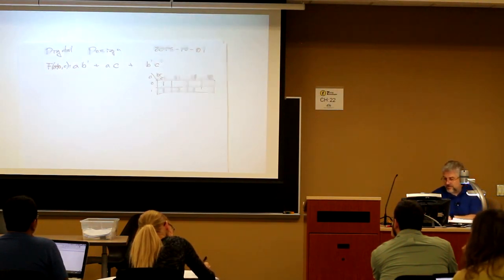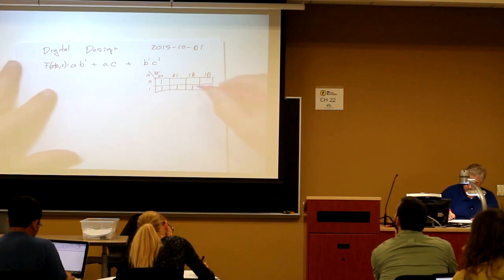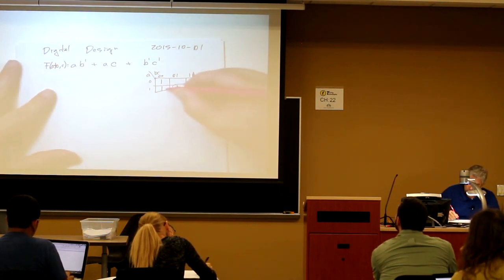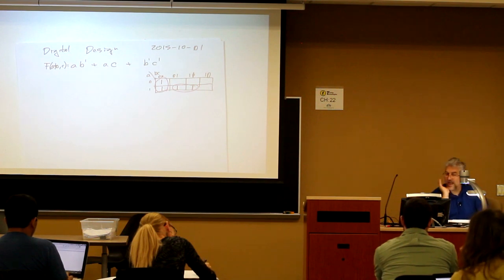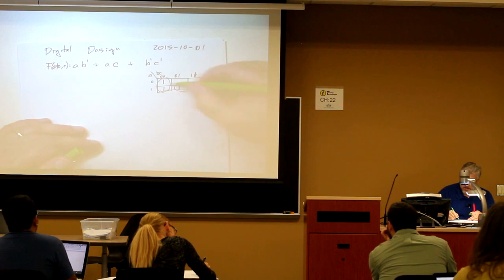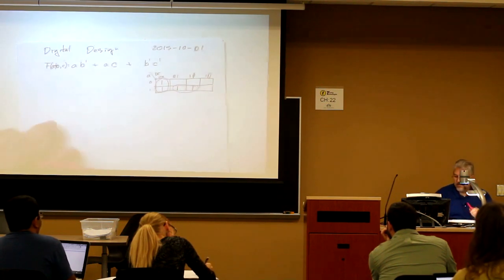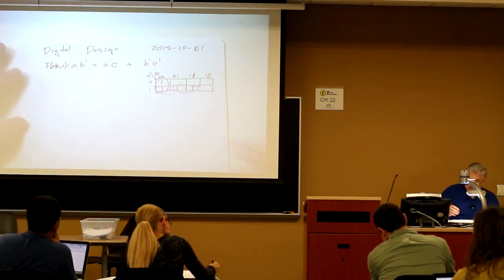So in the Karnaugh map, I could circle this, but that would just be extra. So this leaves me with